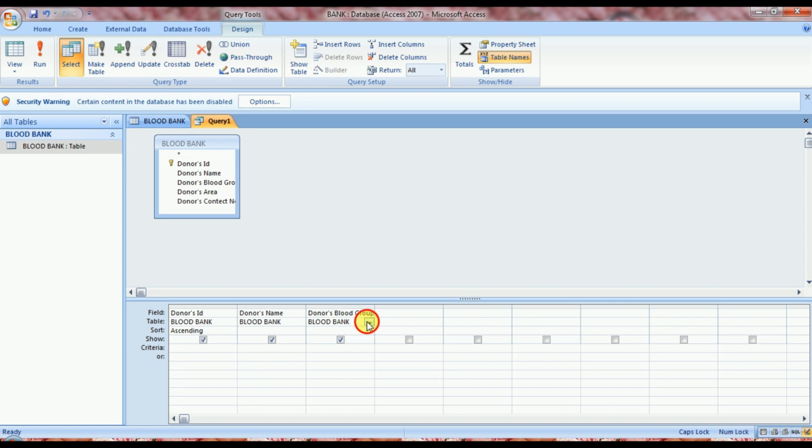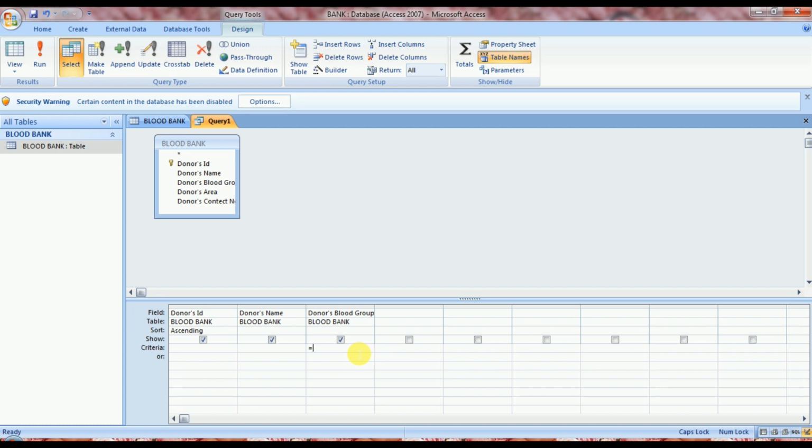the blood bank table name and then on the criteria field. Now on the criteria field we give a criteria. So which blood group do we require here?